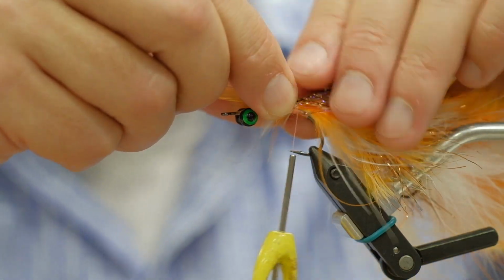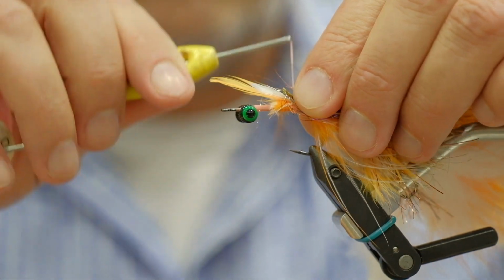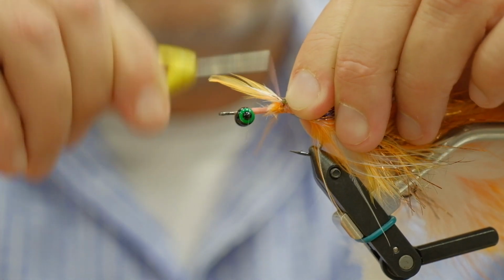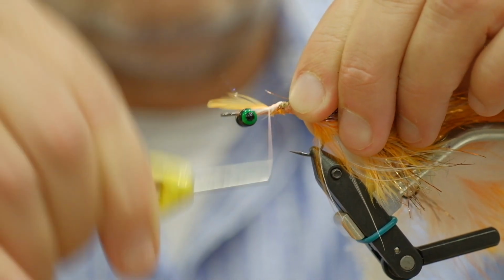This does look like it would be an attractive fly, attractive bait to a fish. Make sure you do this. I mean, it's all huge